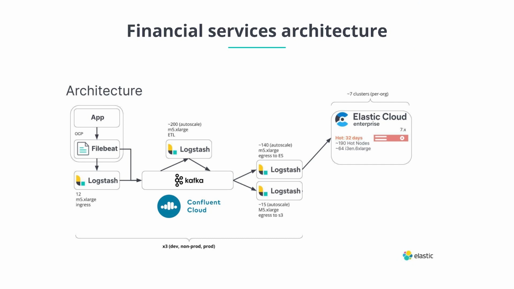Last but not least, our heroic trio of Logstash, Confluent Cloud, and Elastic Cloud bring incredible flexibility to the table. They're like the ultimate log management chameleon, supporting diverse log sources and destinations, adapting to any environment they find themselves in.